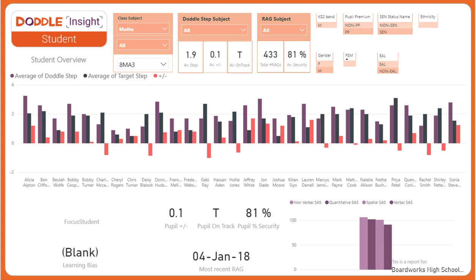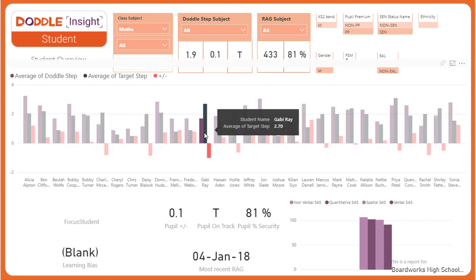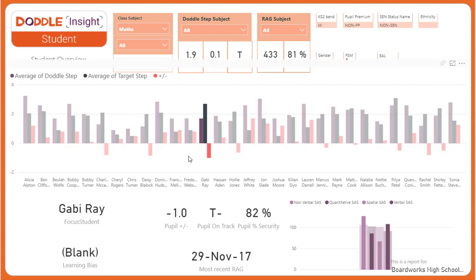By clicking on the bars of any pupil in the main chart, the cards at the bottom will show their specific data, so you can compare it to the class average. This is true for curriculum security and number of assessments, as well as showing their CAP 4 scores, superimposed over